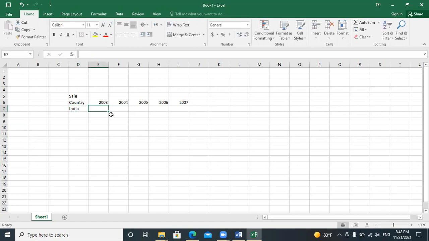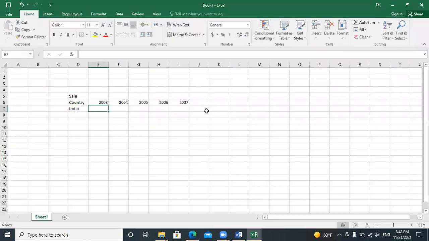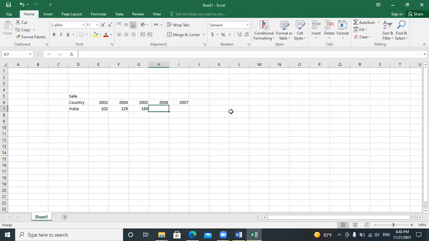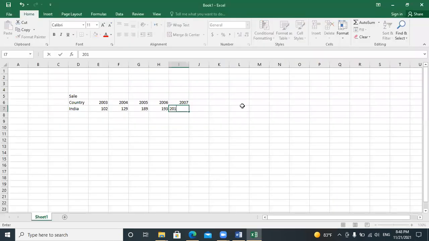Here I have the values 102, 129, 189, 193, and the last one is 201.555.